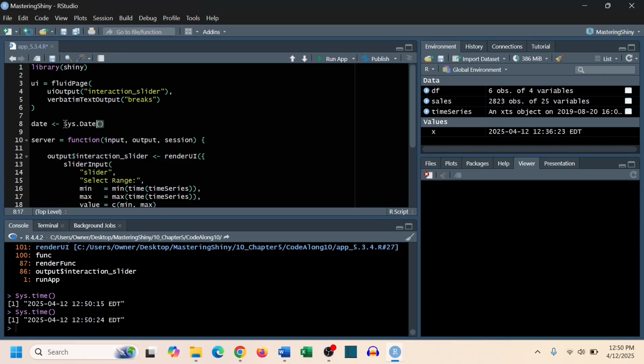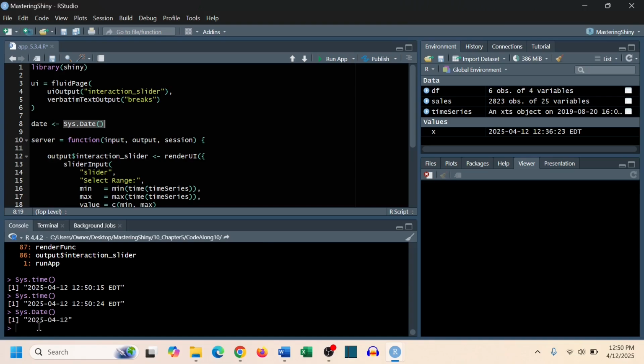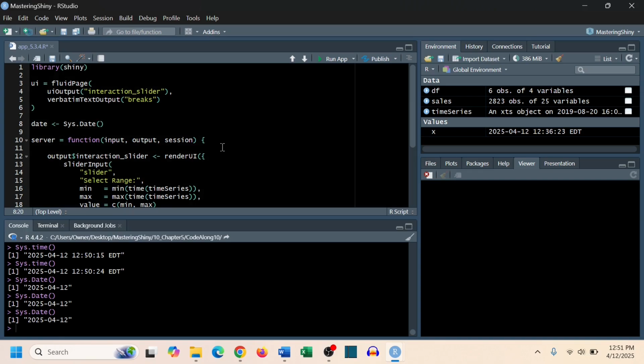Okay. So the Sys.Date function returns today's date. So each time, if I do it in a minute, it's the same date, right? And we are going to add 0:10. So 0:10 creates a vector from 0 to 10, a vector of 11 elements. Okay. So what happens if we were to add